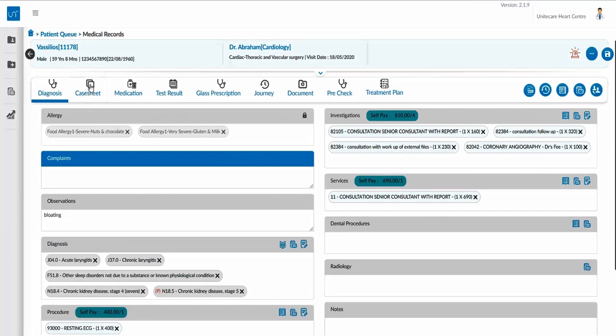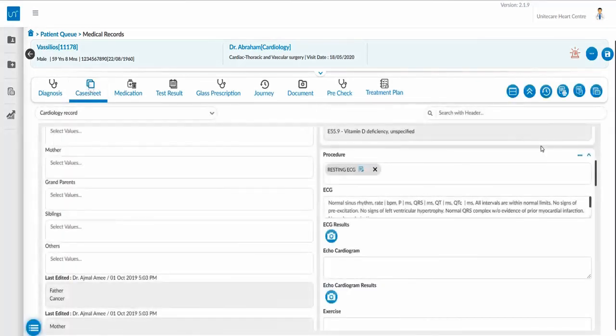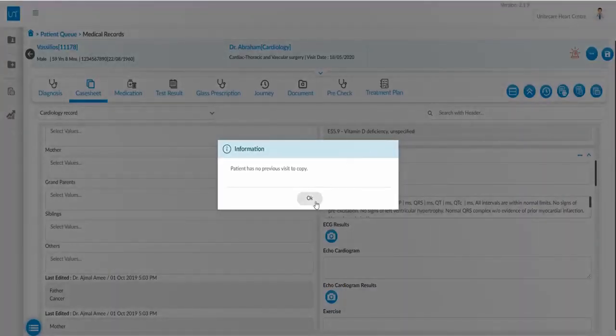And when you go into the case sheet, here you have an option wherein you can actually copy from a previous visit. So generally case sheets are entered in a very detailed manner. So if you want to use the data that was entered in your previous visit as the basis to start data entry for the current visit, you can click on this button which says copy from the previous visit, and this will copy the data from the previous visit if there are any previous visits associated